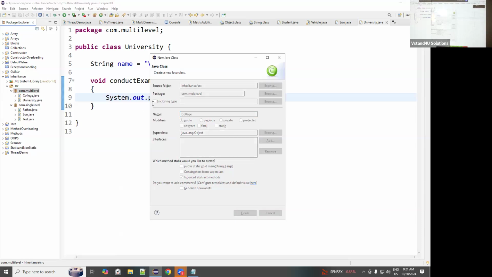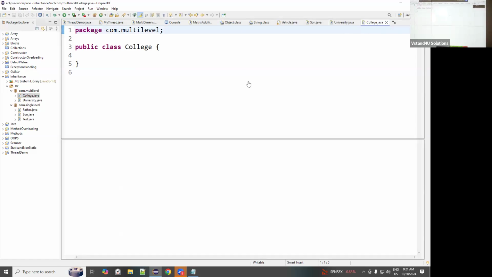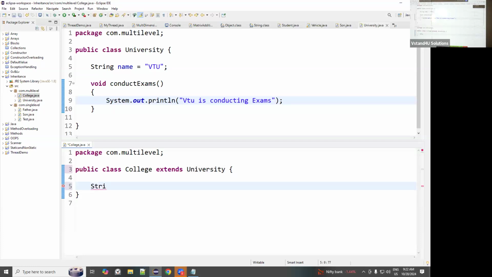College. Okay. College I will take here. College extends university. Okay. What is the variable name here? What is the variable name? Hey boys, respond. String name. If you don't respond now, then string name is equals to